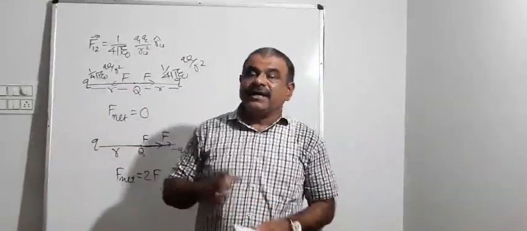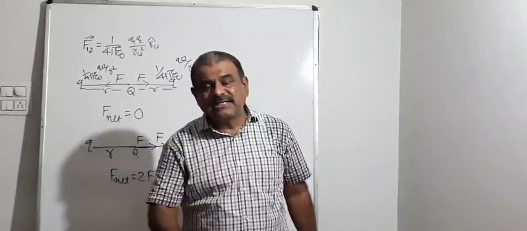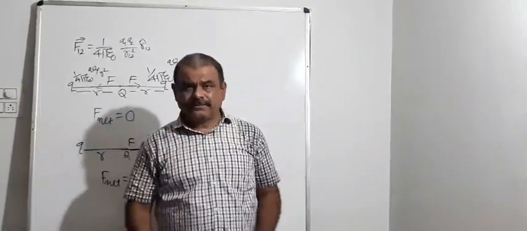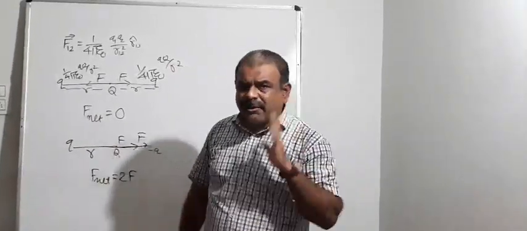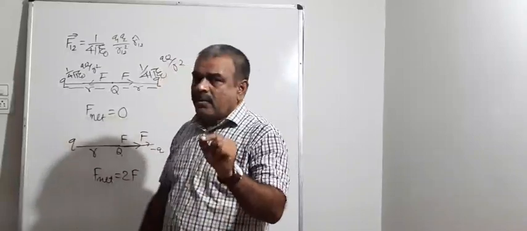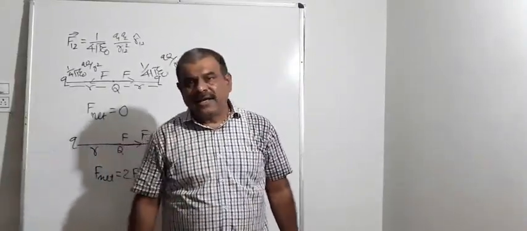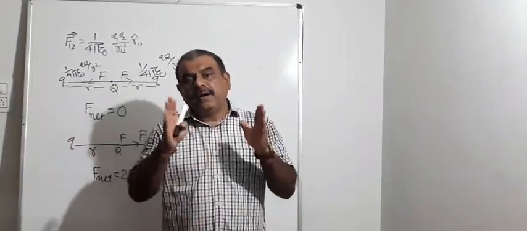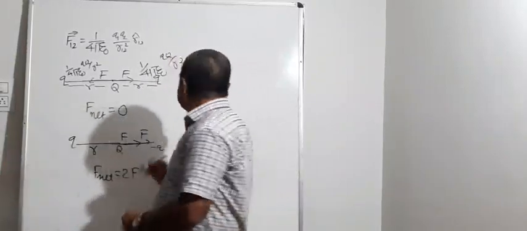Whenever you are finding the resultant force on any charge due to two or more charges, never consider the sign of charge, only consider the sign of direction. And the remaining two concepts are quite simple. That is from your 11th vector algebra. When two vectors A and B are at a certain angle theta, as you know, the resultant vector is under root of A square plus B square plus 2AB cos theta.